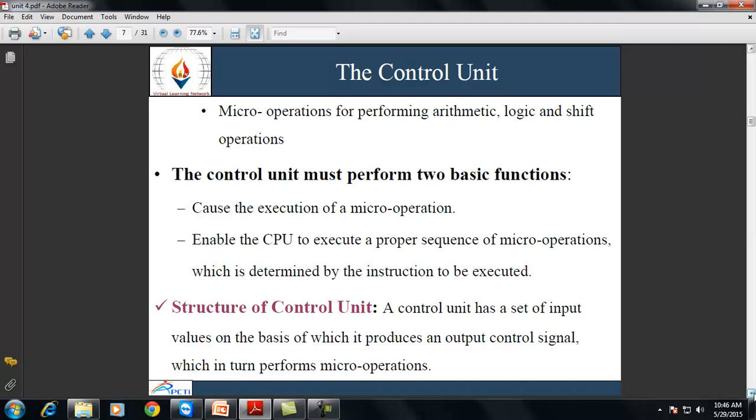Now, if we talk about the structure of control unit, then the control unit has a set of input values on the basis of which it produces the output control signals, which in turn are used to perform the micro operations.